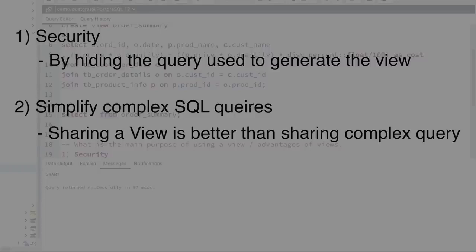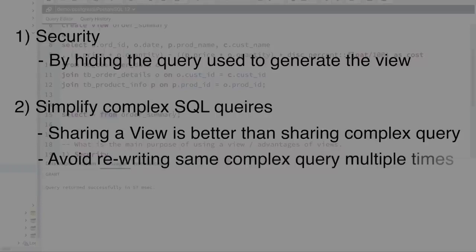And not just this, but let's say I have some complex SQL query which I keep on executing multiple times. Let's say I'm doing some data analysis or some testing or some development where I have a piece of SQL query which I need to execute multiple different times. So I need to rewrite it several different times, maybe today and maybe after a few days, etc. Right? What I can just do is, instead of rewriting the entire complex query multiple different times, I can just